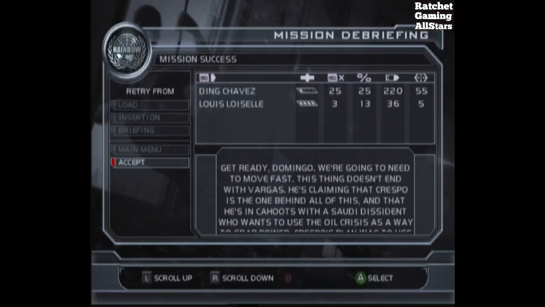Get ready, Domingo. We're going to need to move fast. This thing doesn't end with Vargas. He's claiming that Crespo is the one behind all of this, and that he's in cahoots with a Saudi dissident who wants to use the oil crisis as a way to grab power. Crespo's plan was to use the oil issue to become president of Venezuela, then do an about-face and cut off the US oil supply. He'd keep selling it, of course, but on the black market so he could rake in a huge personal profit. Meanwhile, he'd work with his mysterious friend to mount terrorist attacks against the United States and